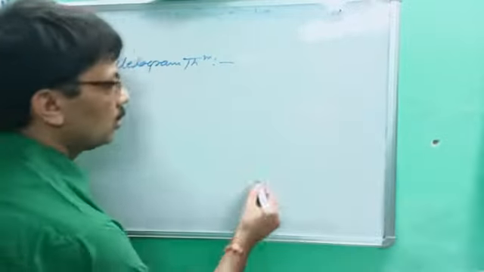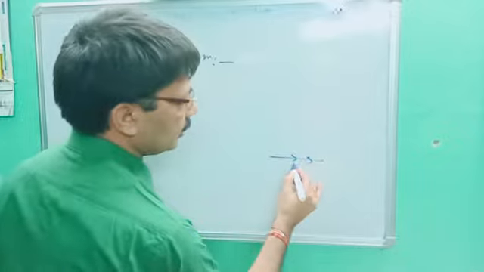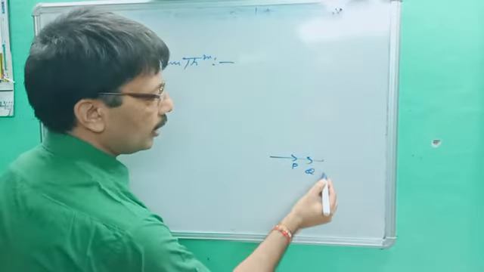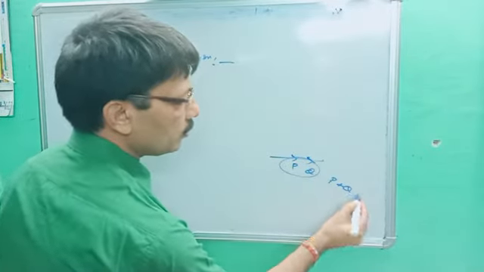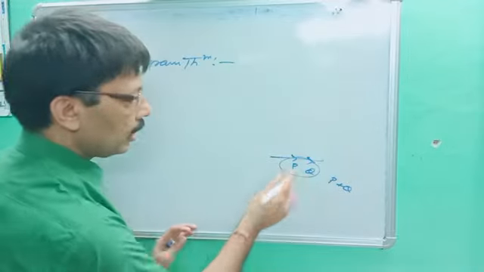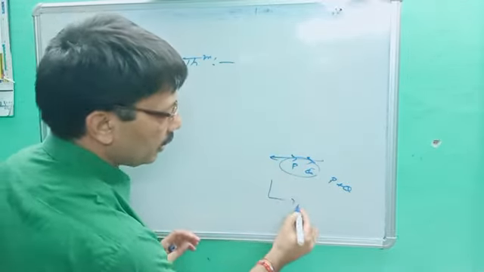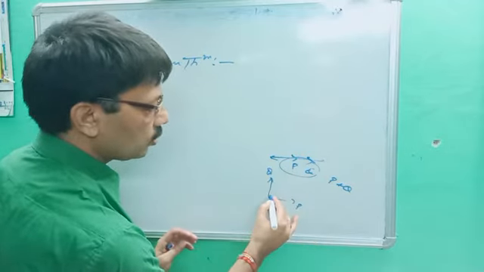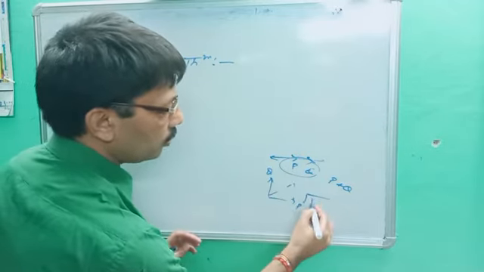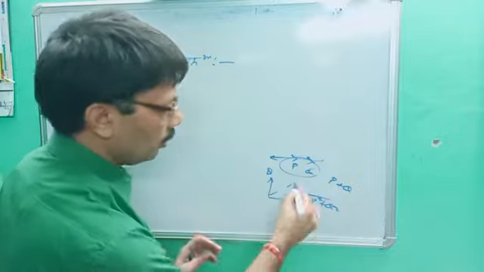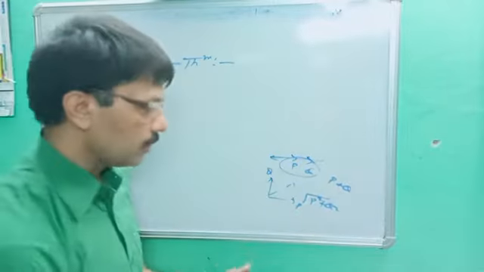Okay. Let's suppose vectors are given like this. This is P vector. This is Q vector. Answer will be P plus Q. Very easy because they have the same direction. If Q is in the opposite direction, it will be P minus Q. If P vector and Q vector are like this, then no doubt it will be under root P square plus Q square. You have to apply the Pythagoras theorem. But the parallelogram theorem is a generalized form.